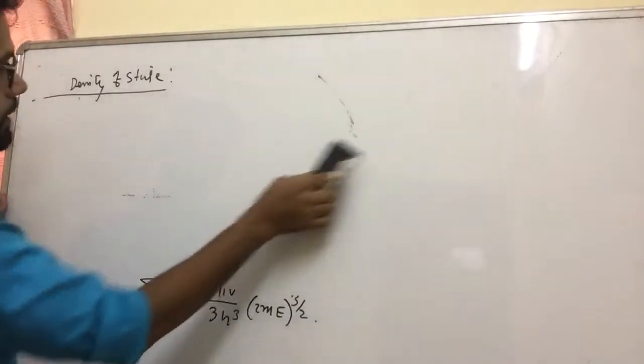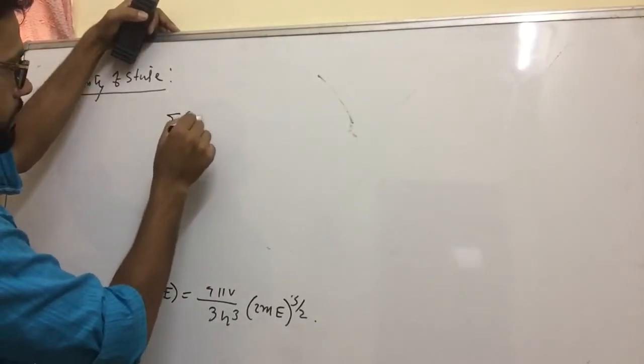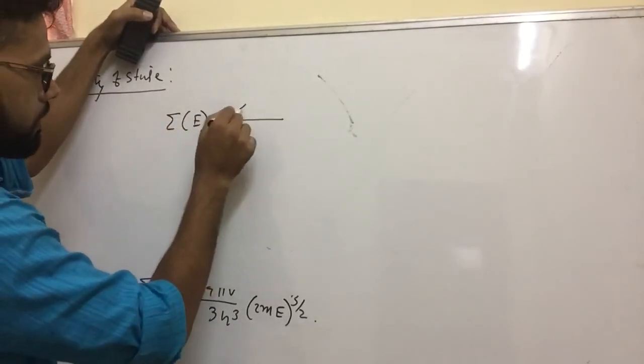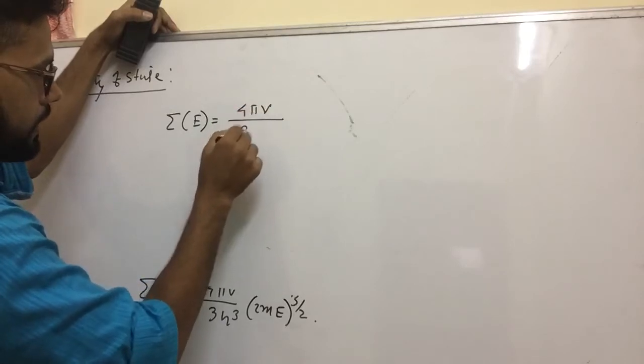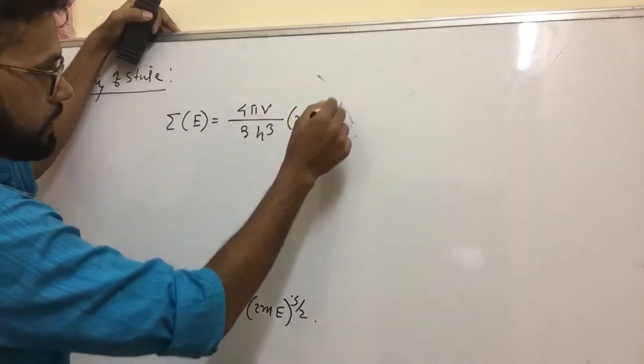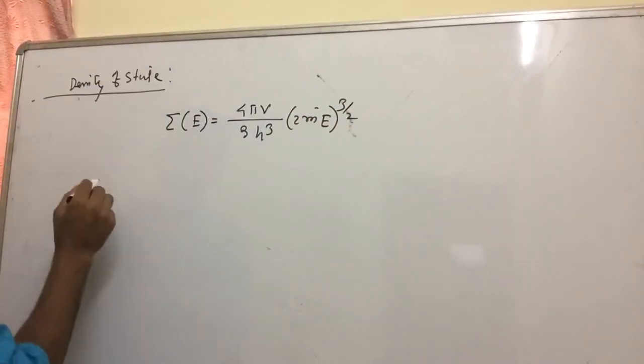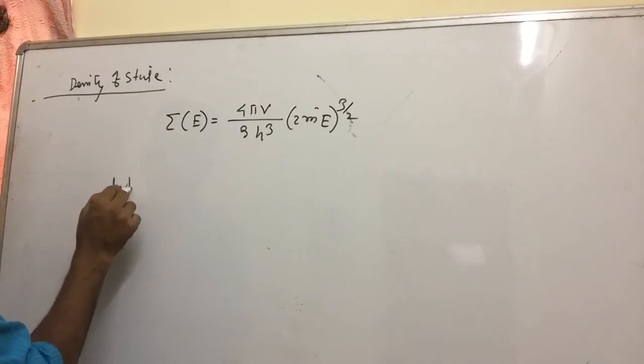First of all, I simply write this expression again. This is the number of microstates: 4 pi V by 3 h cube times (2mE) to the power 3/2. Now, the density of state. This is the number of microstates. Density of state is